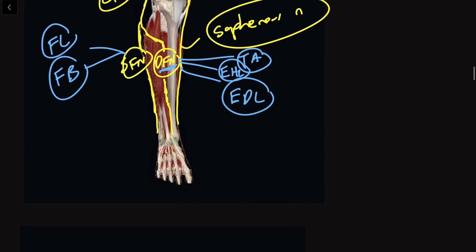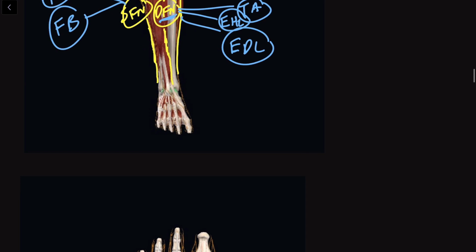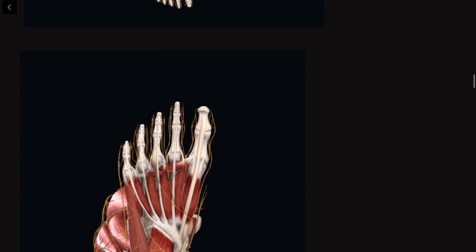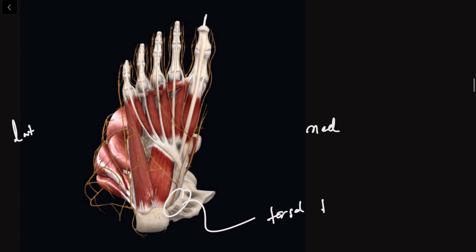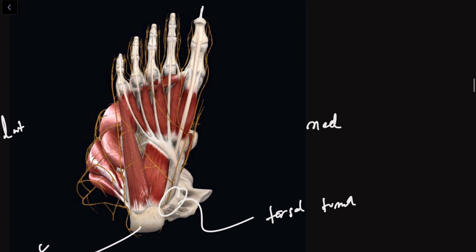And so now what we're going to do is we're going to take a look at our plantar foot. And so again, having to orient ourselves, we're going to note that we've got our big toe right here. So this side is going to be medial. This side's going to be lateral. Your tarsal tunnel is going to be right here. This bone that you see right here is going to be your calcaneus